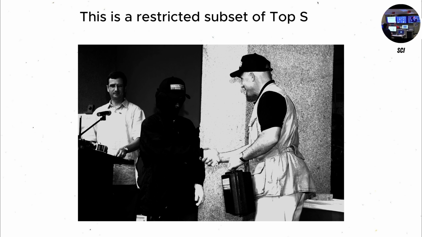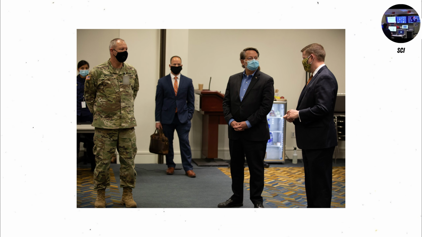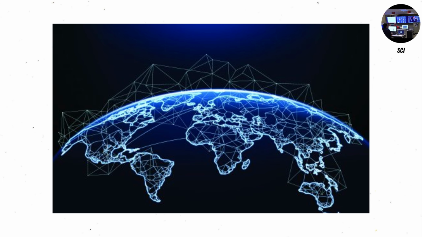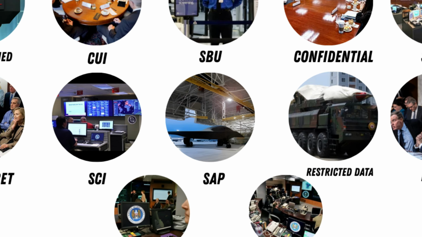For example, the identity of a high-ranking foreign informant may be SCI. Protecting that information is essential to avoid retaliation or collapse of an entire network. Even senior leaders can be denied SCI access if not directly tied to the mission. It matters because SCI leaks can destroy intelligence networks instantly, eliminating years of work and exposing allies to mortal danger.